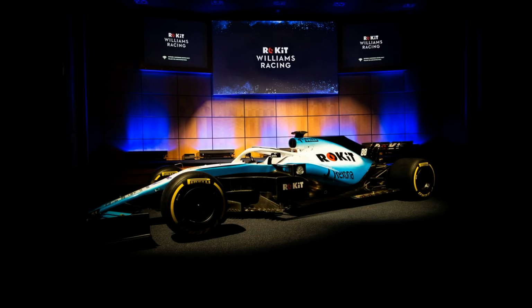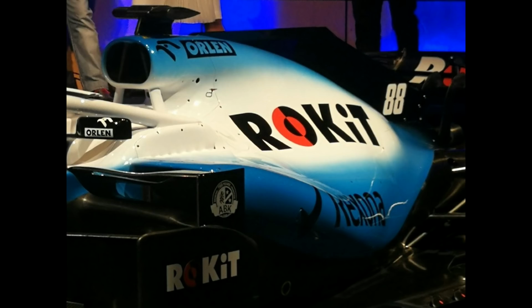We're going to see a car on the grid which looks genuinely completely different compared to the Toro Rosso which we had earlier today. So we're going to wait a little bit, get a couple more shots in there, have a look at those, and wrap off today's video. So here we have then an up-close shot of the Williams car, once again